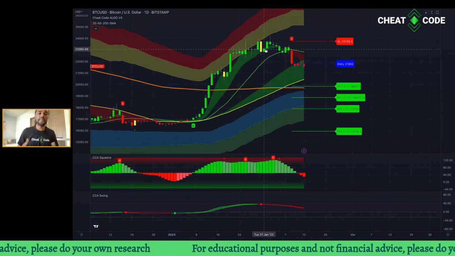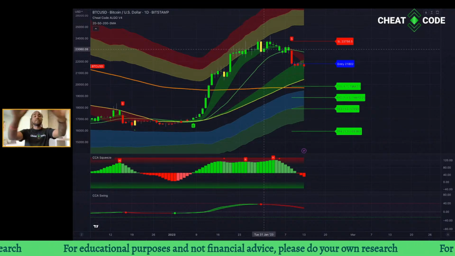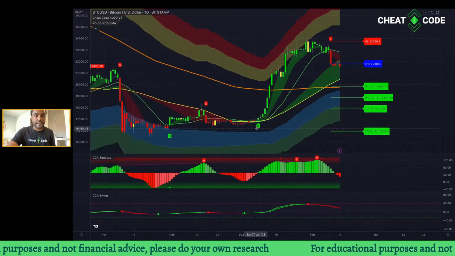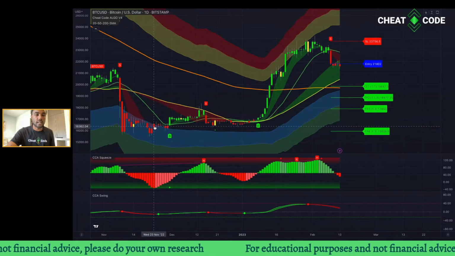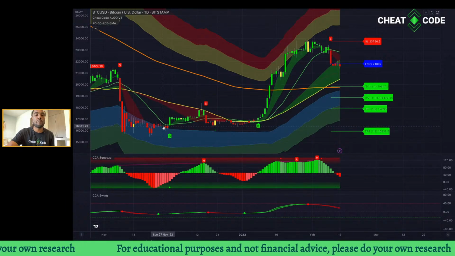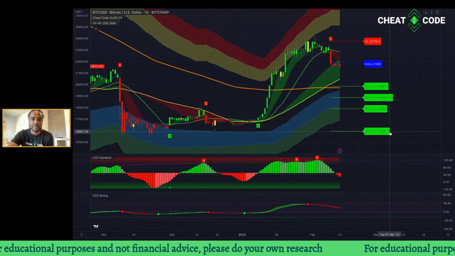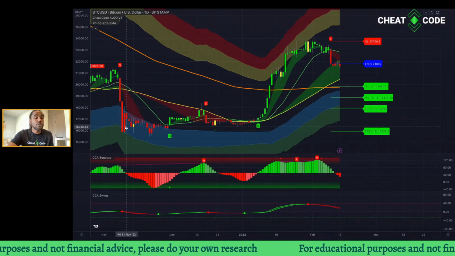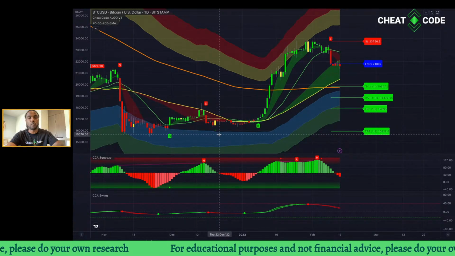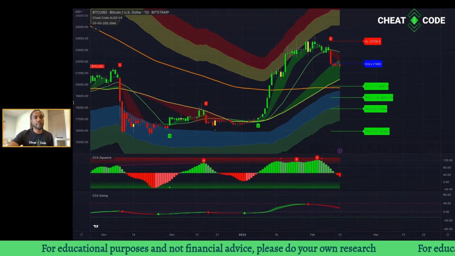Now, when I say supply, that is resistance. That means that more people are selling, you are offloading. So there's an overload of supply. This is an area of supply. This can be an area of demand, because we saw a lot of consolidation. We saw some lows here on the squeeze. So people were more willing to buy. There was a demand for Bitcoin the lower it fell. As it came to 15.9, or you can say 16,000, you can see that there was a lot of demand pushing it back up. So when I say demand, we're talking about support. When I say supply, we're talking about resistance. So hope everybody understands that.